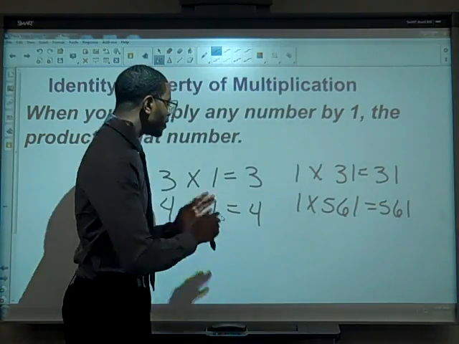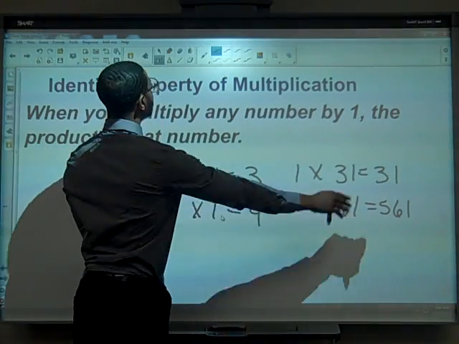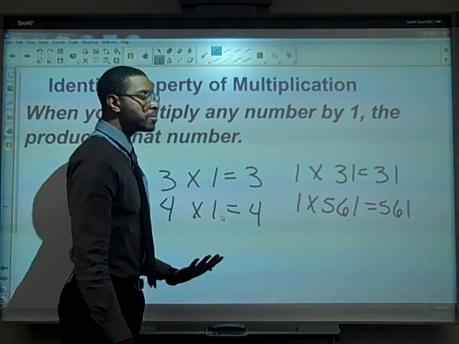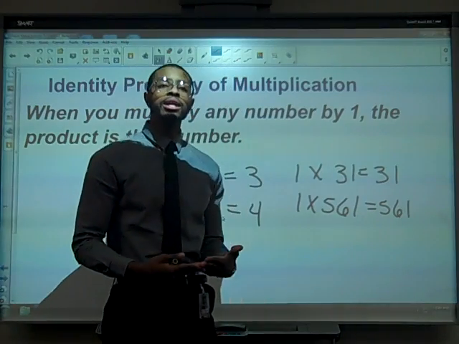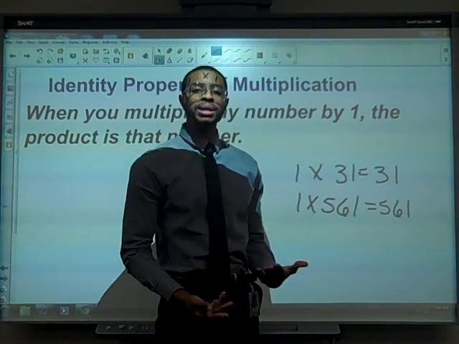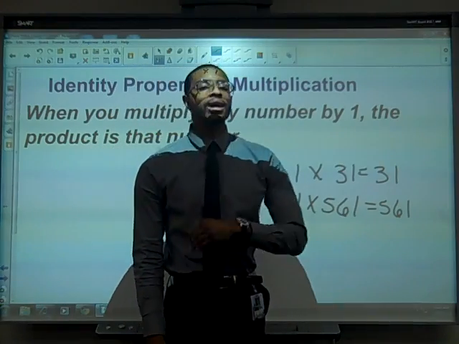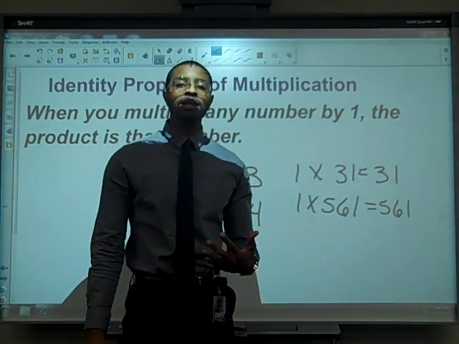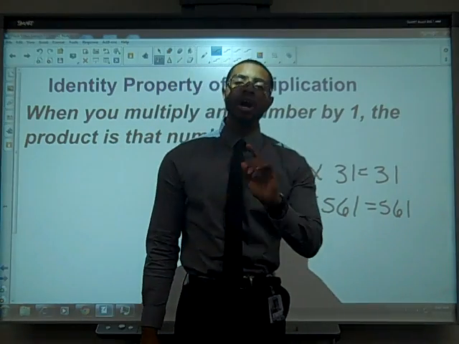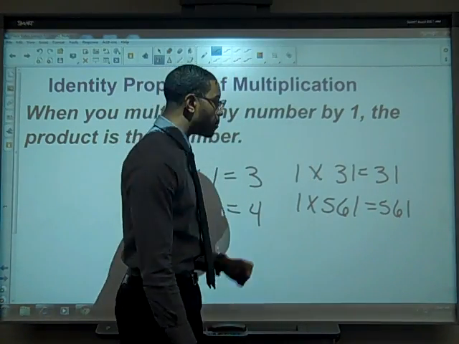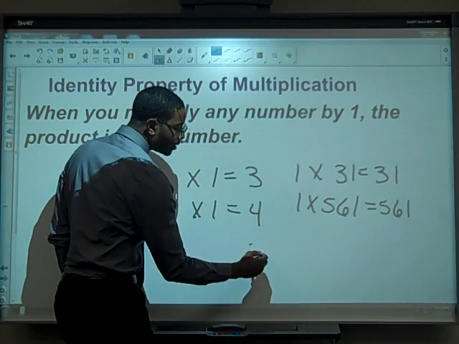Okay, so all of these problems are called the identity property of multiplication. When you multiply any number by 1, the product will always be that same number. No matter how big it is, how small it is, the product will always be that same number. So I'm going to give you one last example. What if we have